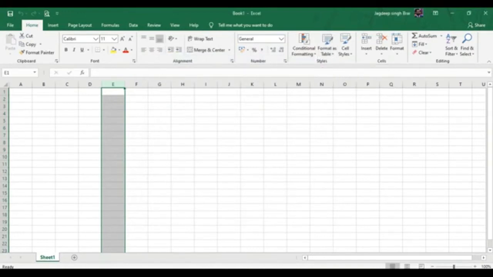Scroll bar. The scroll bar appears only if you have more data than the screen can display at once. There are two scroll bars: one is the vertical scroll bar on the right and the other is the horizontal scroll bar at the bottom. To scroll one cell at a time, click the scroll buttons with the arrows at the corner of the scroll bars. To scroll more, drag the slider up and down, left and right in the scroll bar.